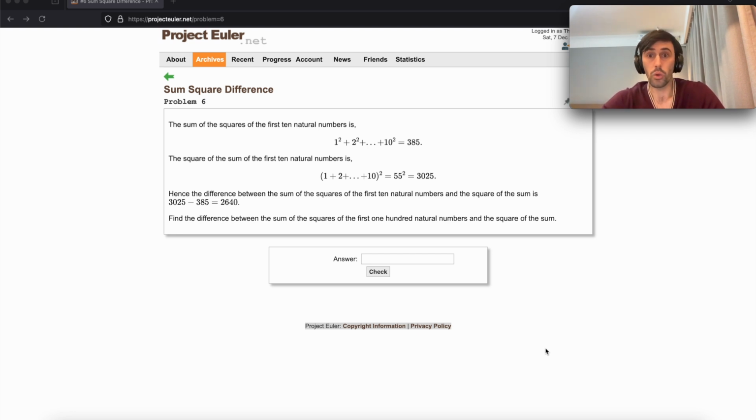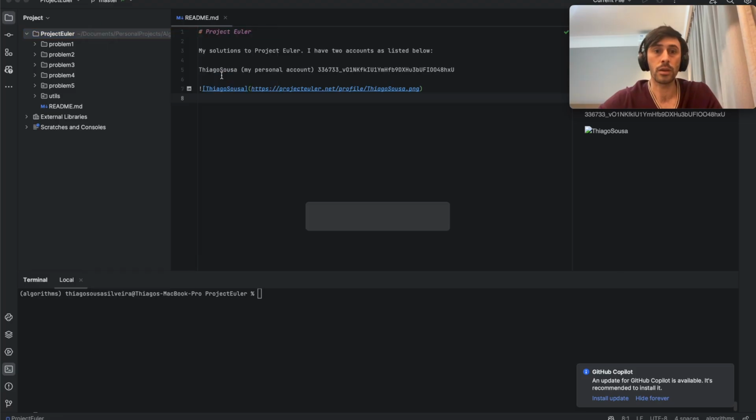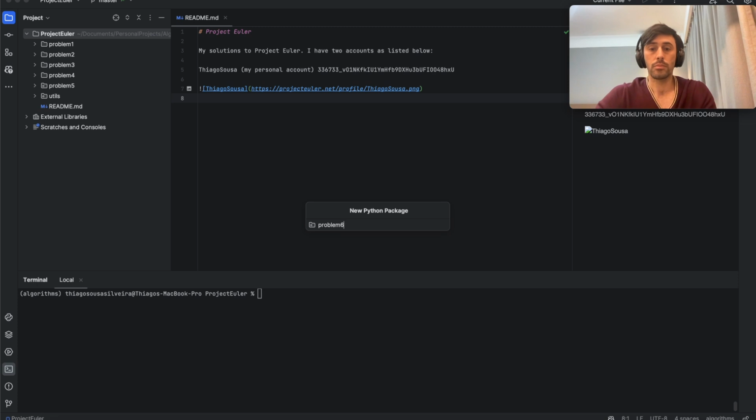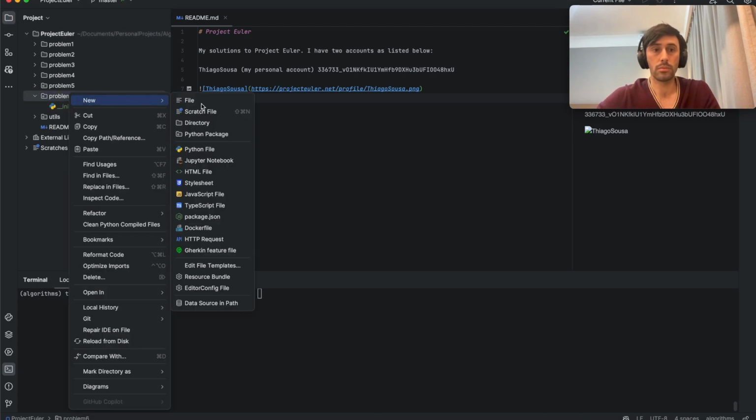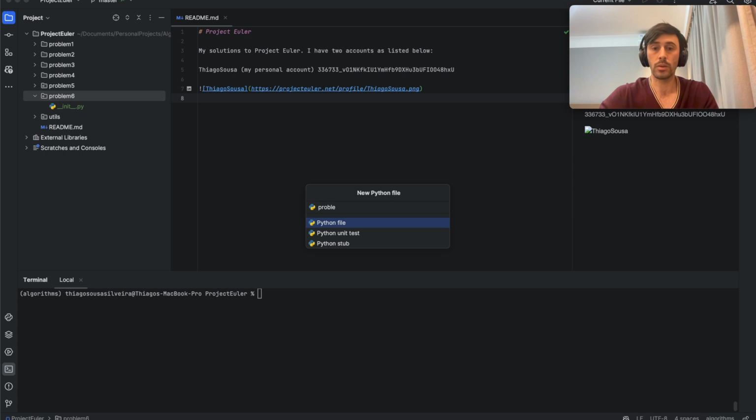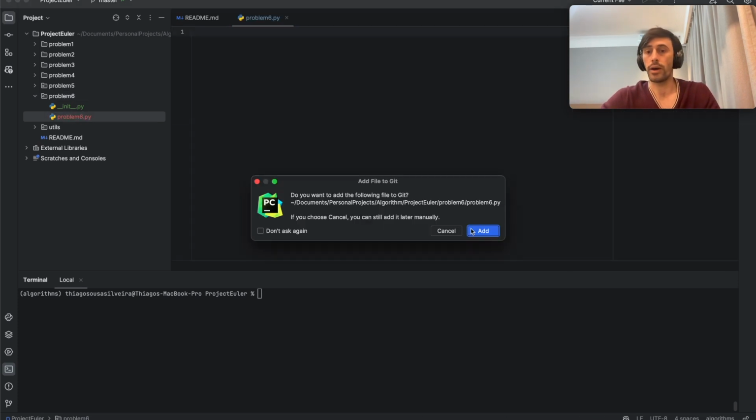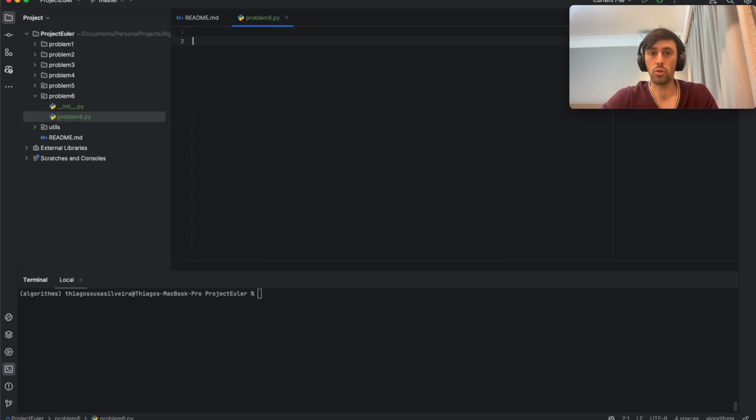Let's start with the coding method first, which is pretty straightforward. We just loop from 1 to 100 and do the calculation the two different ways and then just subtract. That's pretty straightforward for this problem. We'll create a new directory here. New Python file. Okay, so as I said, we just want to do the two different sums, right? So let's just do it. Sum of the squares